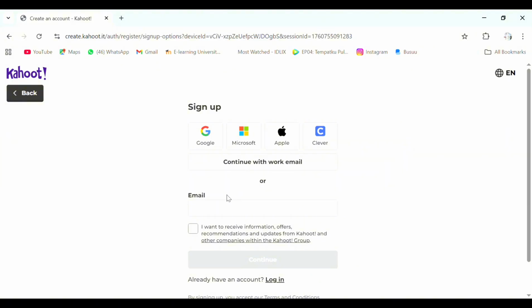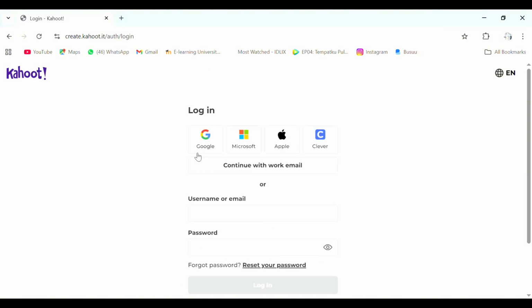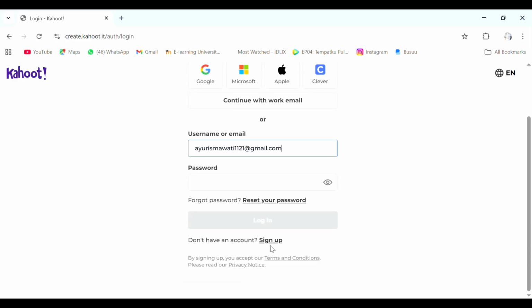Let's see. Because I already have an account, I can simply click login. Then choose. You can sign up using Google or Microsoft or your email.